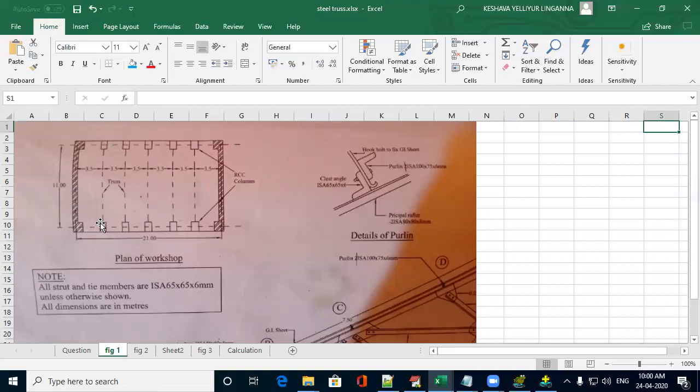And in between, these dotted lines are trusses. Here one set of truss, another set, like this. You have 1, 2, 3, 4, 5 set of truss in this building at the distance of about 3.5 meters. All these dimensions are in meters. And these are of RCC column. They have not given any details of this RCC column, and in the question also they have not asked any calculation, so we need not worry about it.